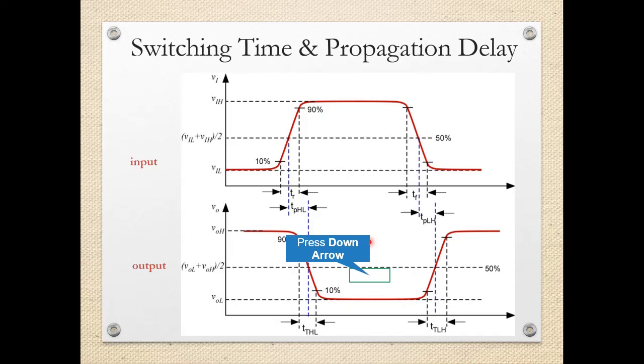Then about the switching time and the propagation delay. As soon as we apply the input, output should change accordingly. So there is an exact inversion operation between the input and output. When the input is logic low, output will be logic high. And as soon as the input starts rising, actually the output should also drop, but there is some delay, and that is called the switching time delay. And there is one more delay, that is called the propagation delay.